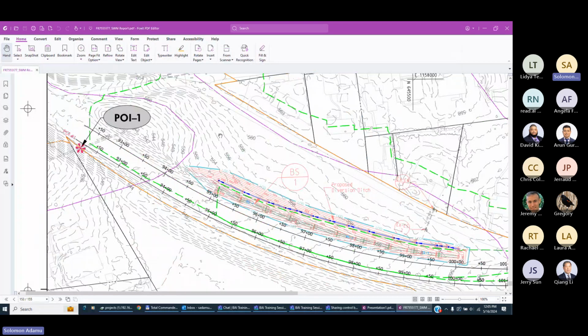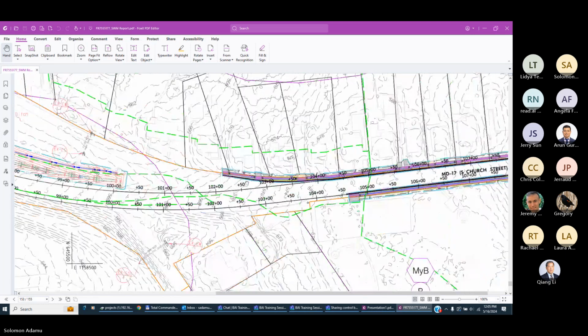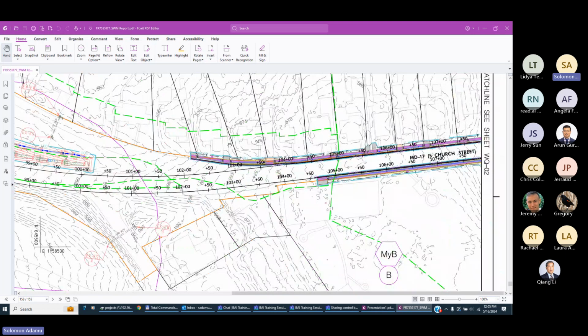I just chose one project. Here is the so-called LOD, limit of disturbance. That means we are doing something here. Especially here, we are defining the stormwater management practice, a bioswale. So we are going to define the limit of disturbance. And once we define it at each work area, you see here we also have a LOD. Once we are done defining the LOD, that means defining where we are doing the proposed work,